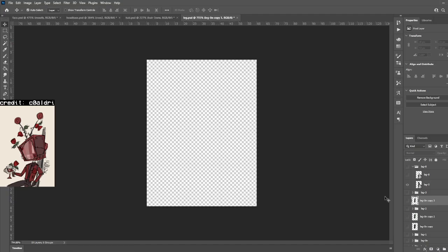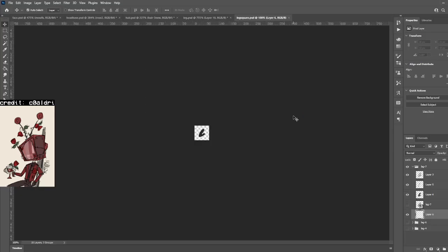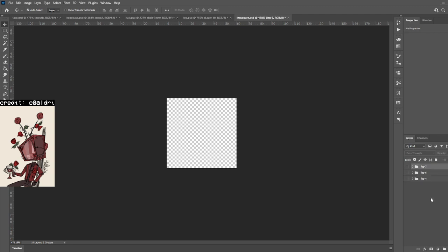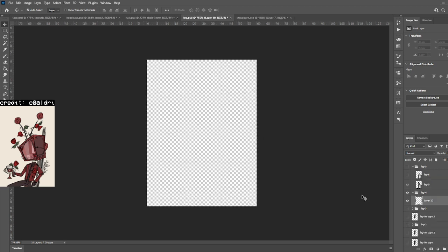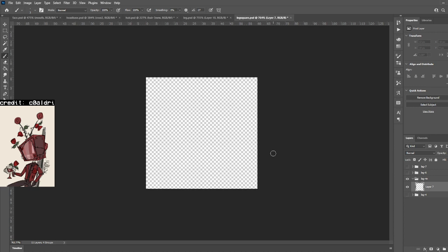Okay, leg 4, I'm going to redraw that because it's curved. Oh, wait, no, that's in the different one. I forgot there's a different document for the square ones. Yeah, leg 4 I will redraw. Leg 4N. As opposed to just brutally curving it, because that's kind of dumb. Doesn't look very good. I was a bit too lazy with the legs in the base skin. I shouldn't have relied on just warping them too much. So you can definitely tell in game. If you can't tell in game, there's no problem with it, but